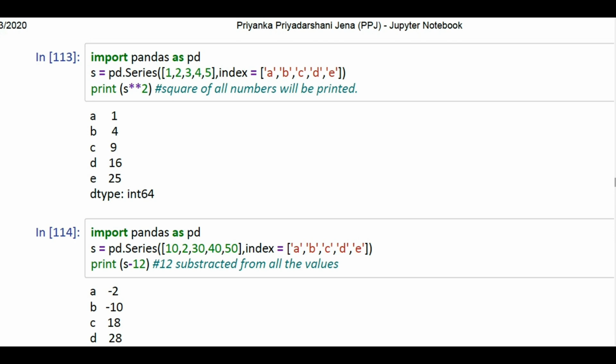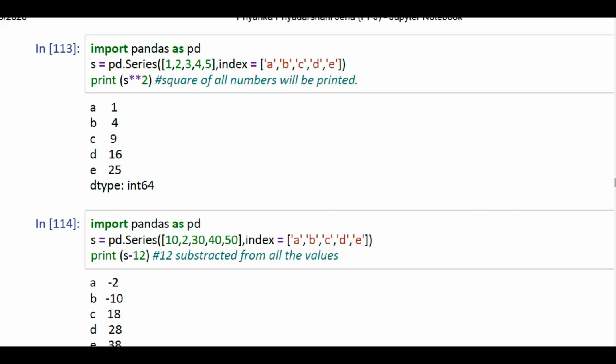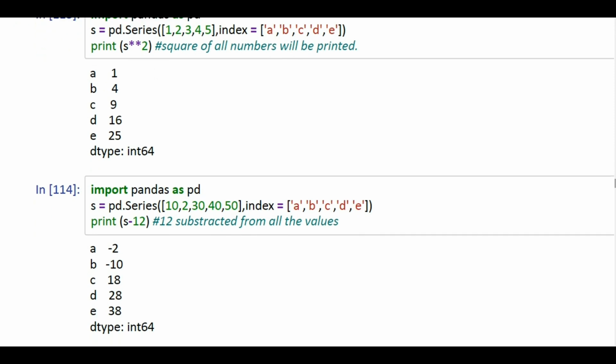S of power 2 means S of square. A, B, C, D, E is the index label and 1, 2, 3, 4, 5 is the data value. So 1 to the power 2 means 1, 2 to the power 2 means 4, 3 to the power 2 means 9, 4 to the power 2 means 16 and 5 to the power 2 is 25 is the output.